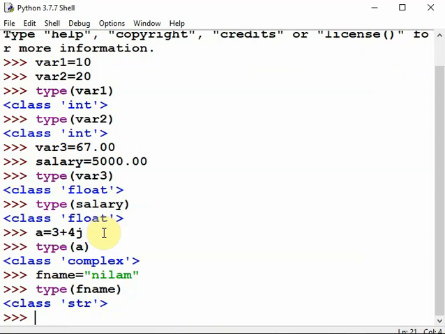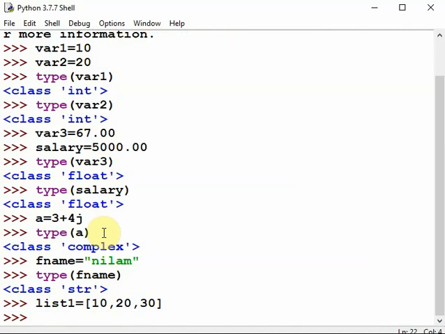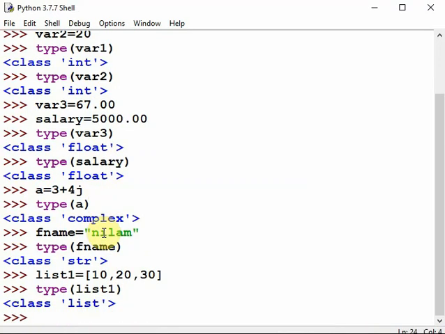So let us see how to create the list. List 1 equal to square bracket, 10, 20, 30, enter. See also type, bracket, list 1, enter. You can see list, the data type is list.